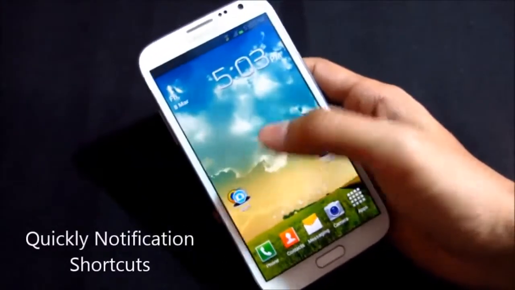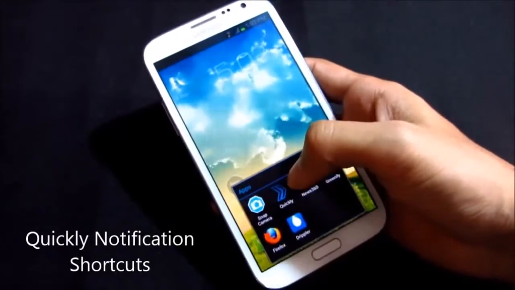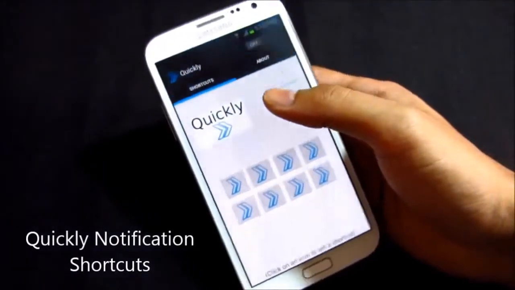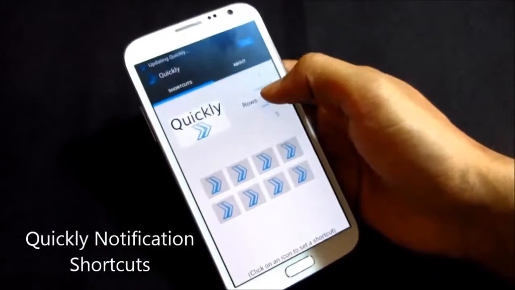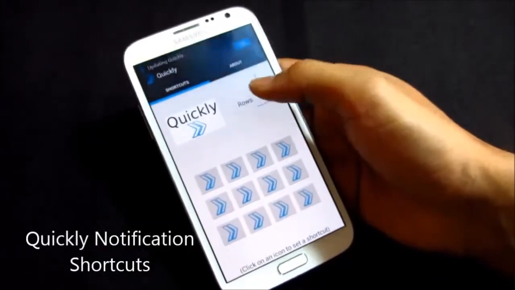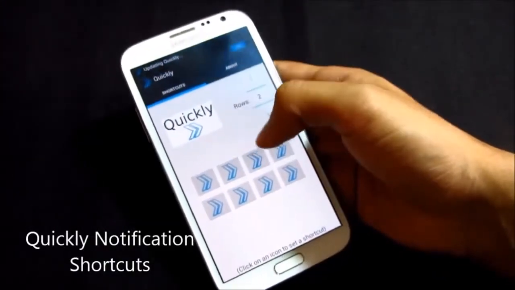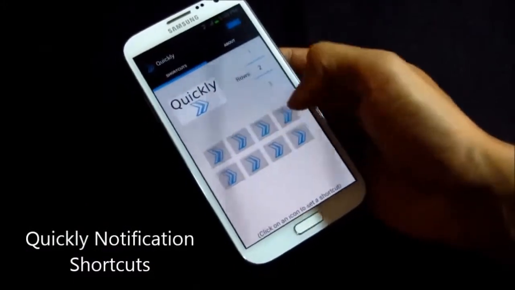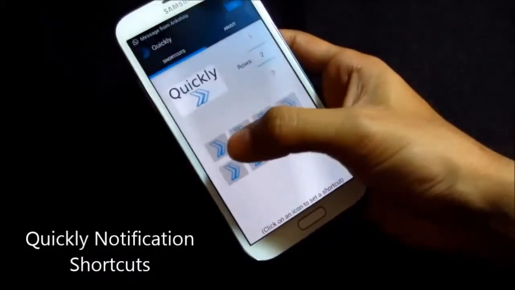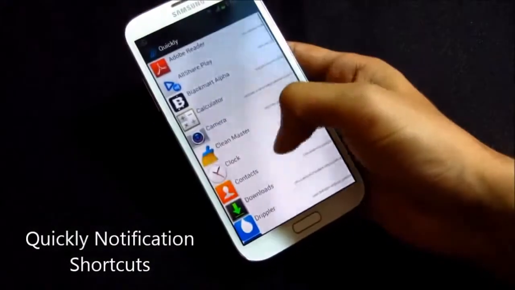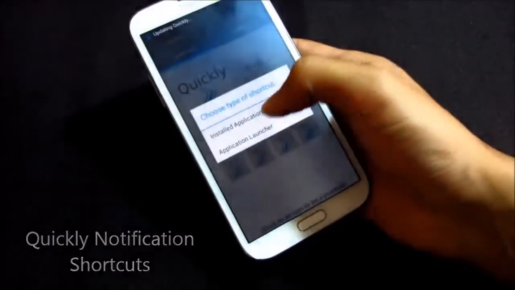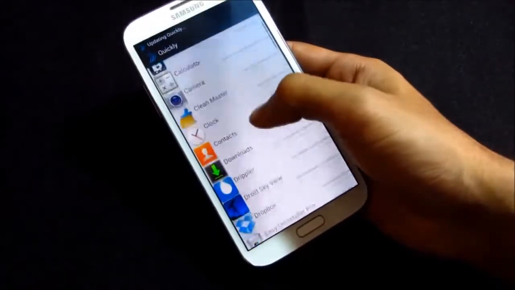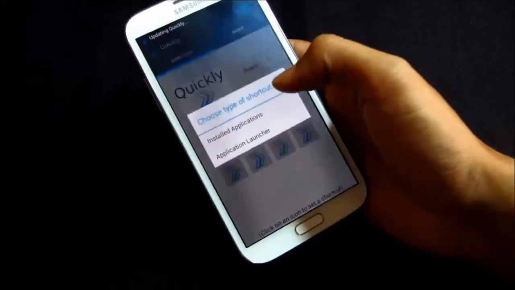The next app here is the Quickly notification shortcuts. So how this app exactly works is you can enable it. You can choose the number of rows here to add various shortcuts. Say for example, I have 2 rows here. So I add any applications here, say for example calculator, any app that you use the most, say Dribbler,